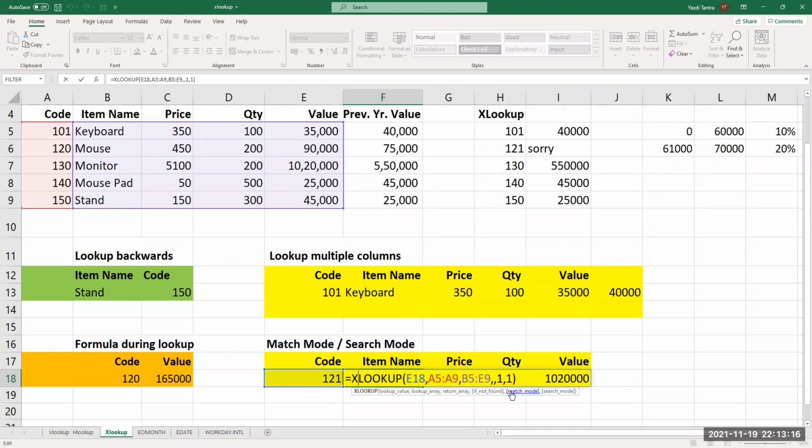If it is not a match, then you look up the earlier item or the later item, and search mode, which direction the search should take place. So this is what the XLOOKUP function is all about.